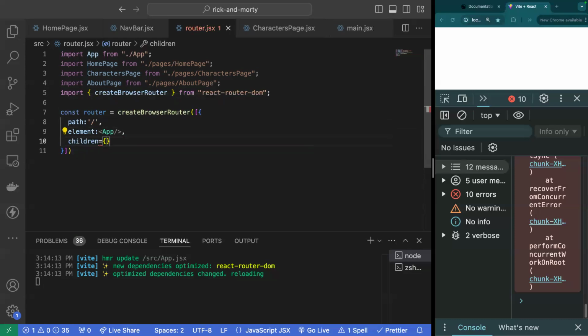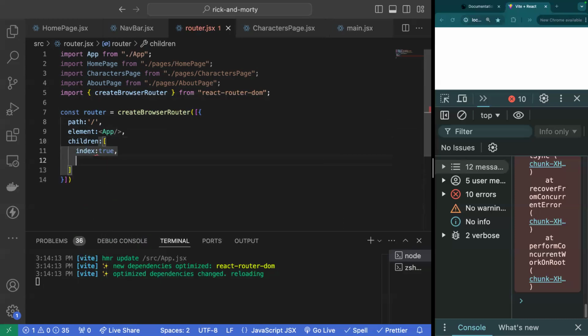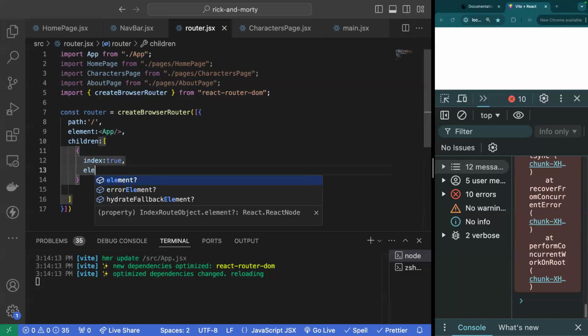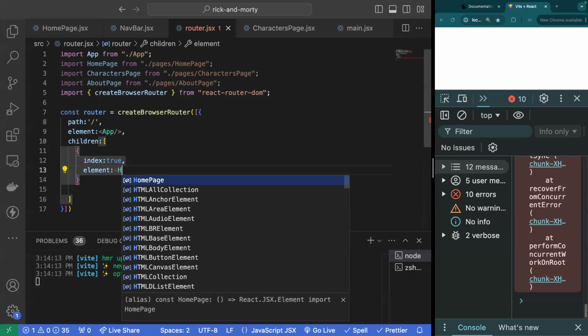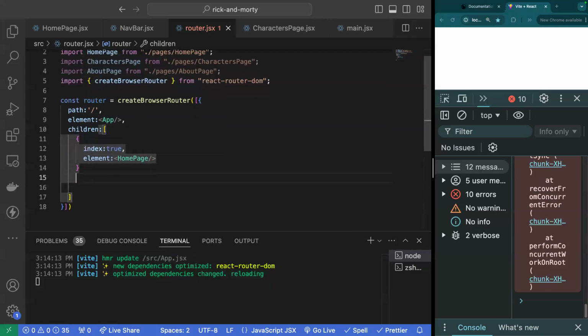I will then have some children. These children will be of index, which will be set to true. I will then have, what are you complaining about? Let's see. Oh, that's what you're complaining about. All right, I will then have an element that will be my home page. And then I'll move on to another page here,